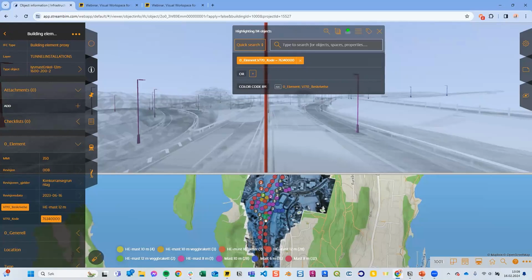You can see at the bottom here there are different tags, and these are all the values on that property. As you can see, there are 10 meter poles and 12 meters, 6 meters, 8 meters. I want to filter these on the 10 meter poles, so I use this property, the value, by searching for it.